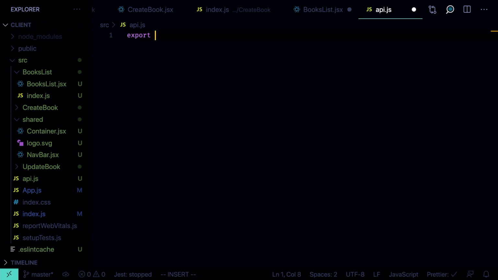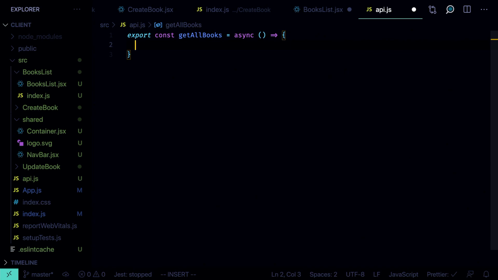So here we export a function getAllBooks. It's an async function, async. And inside of it, we first get the response equals await fetch. And then we need to use the URL. I could use it directly here and say http://localhost:4000 because my server is running on port 4000 and then books. But to make it easier to configure your app and later use in production if you want to,